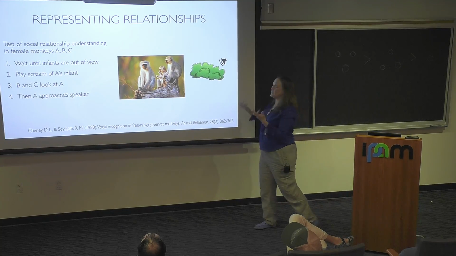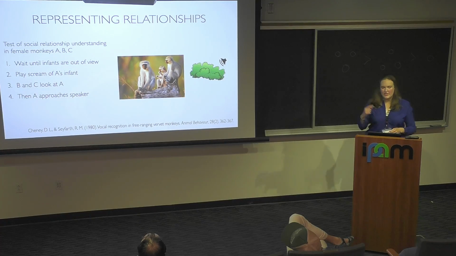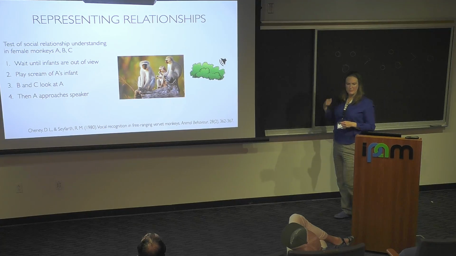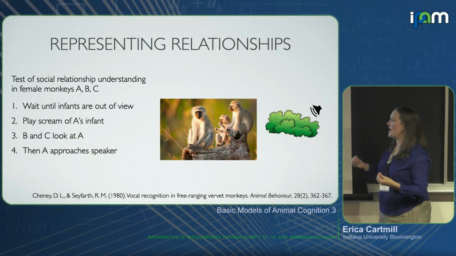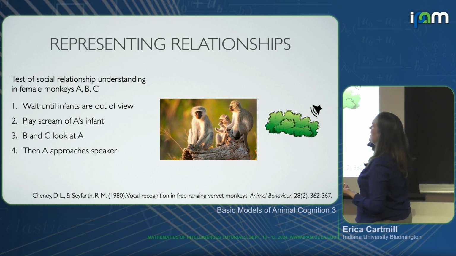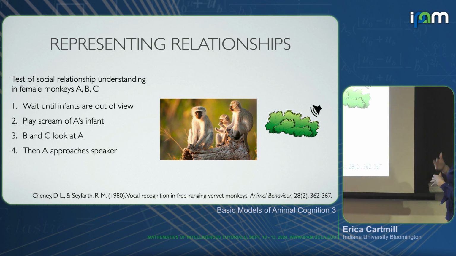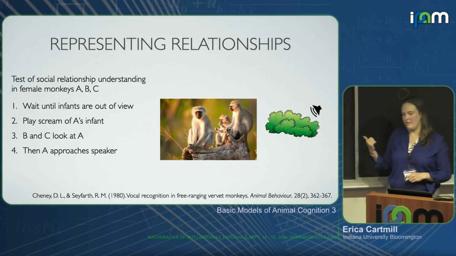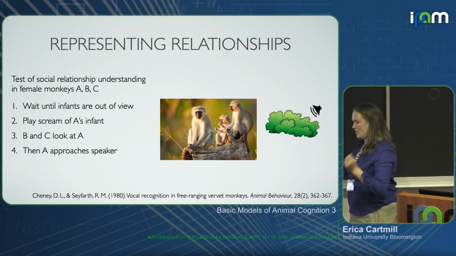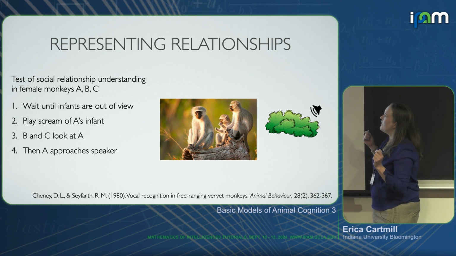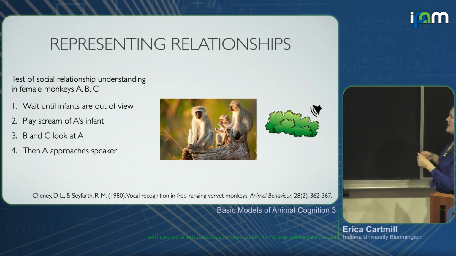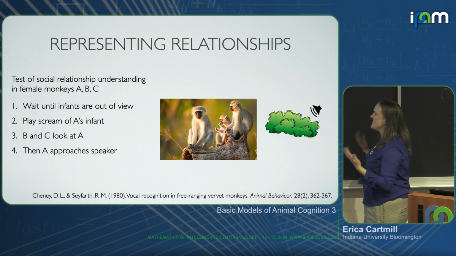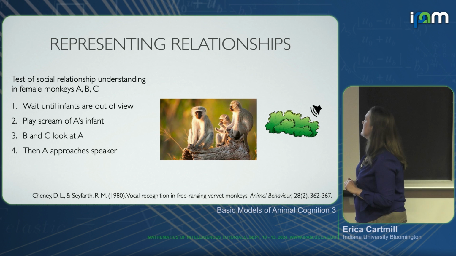I want to talk about this for a second, because I think this is moving from representing things to representing relationships between things. In fact, abstract or invisible relationships. This is something that social animals can do. Most of the studies have been tested in animals that have strict social hierarchies, but I think that is not because other animals don't have those abilities, it's just because it's easier to test. So we have to be inventive in finding new ways. So